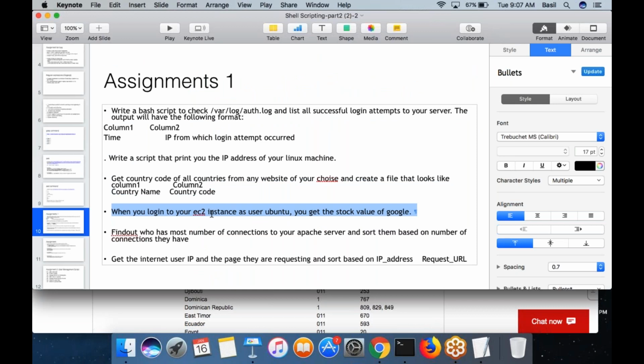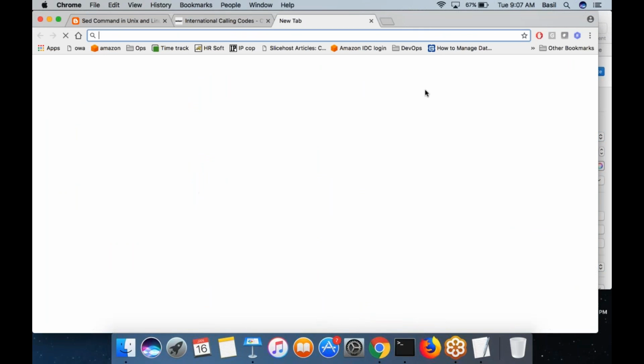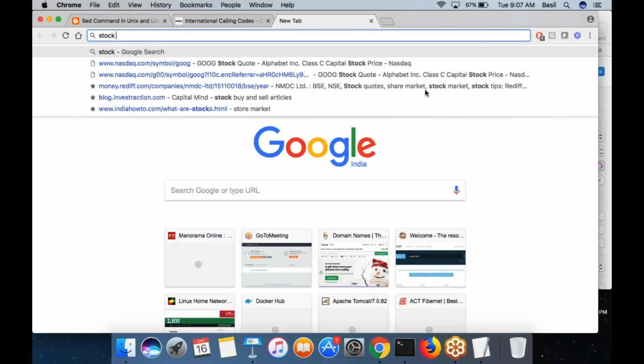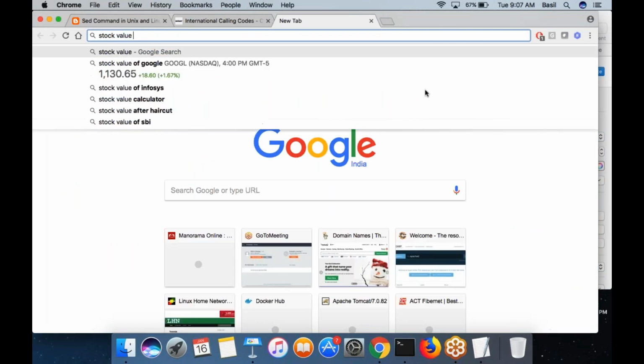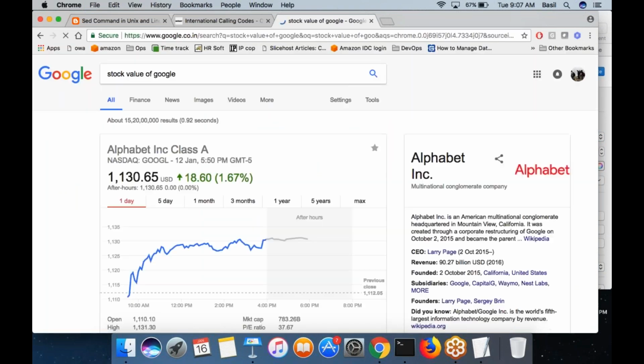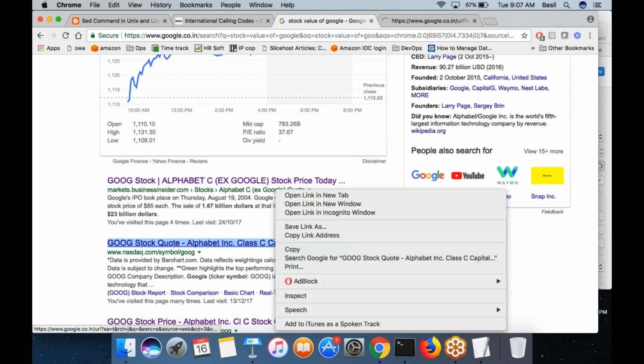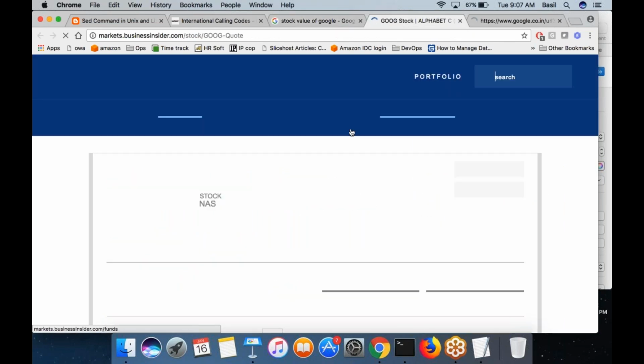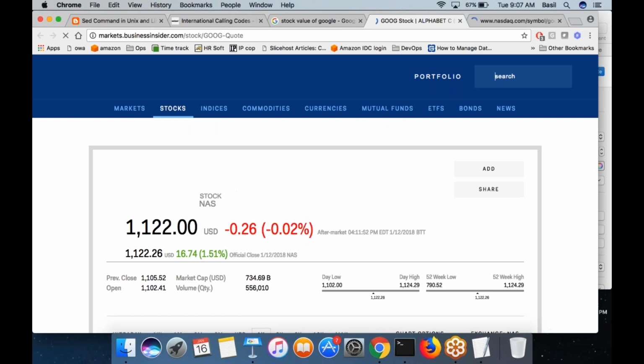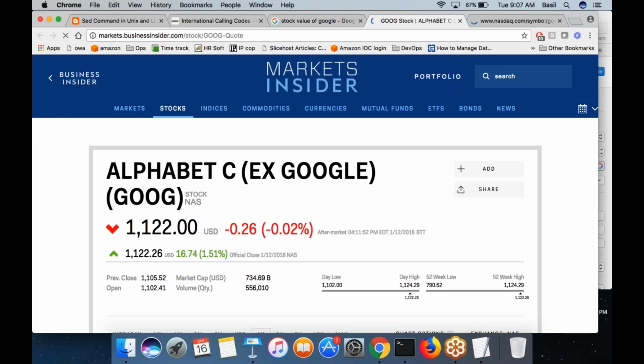The next thing I want you to do is write a script that would calculate the stock value of Google. How can you find the stock value of Google? You can search in Google for the stock value of Google. You will get many websites where you can see it. Go to any website, any link, and you can see the stock value of Google, and it keeps getting updated. It keeps increasing and decreasing, and whenever the value changes, it is automatically updated